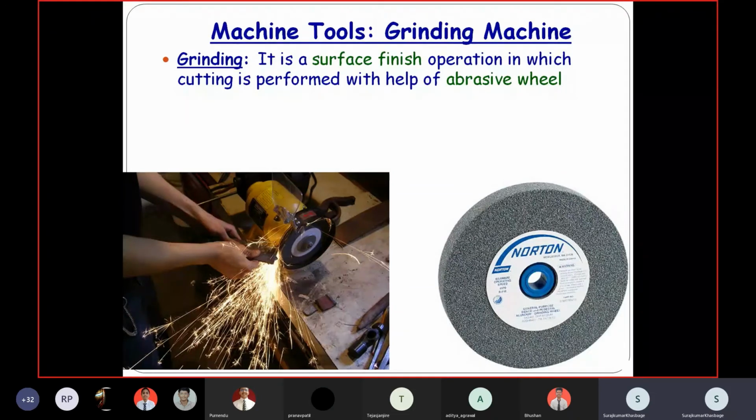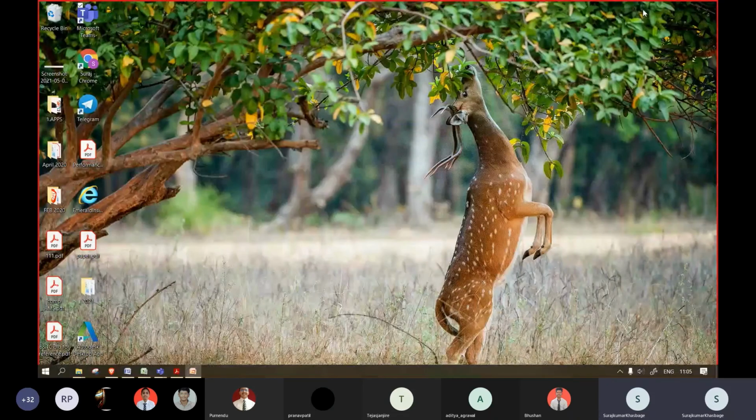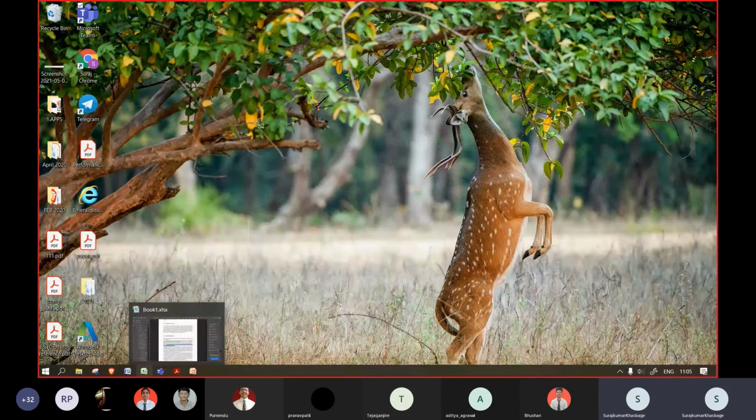Next to that, drilling, lathe machine, and similar to the drilling machine, I would like to show you one more thing. There is one more machine called the milling machine.